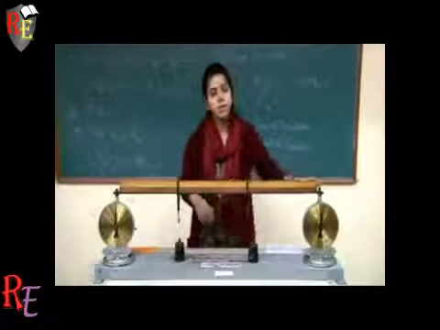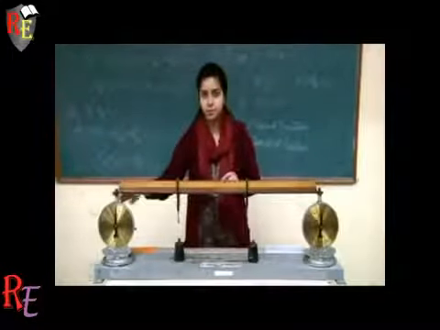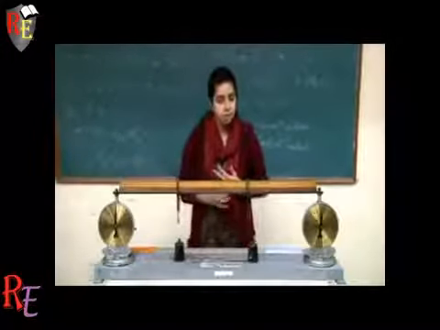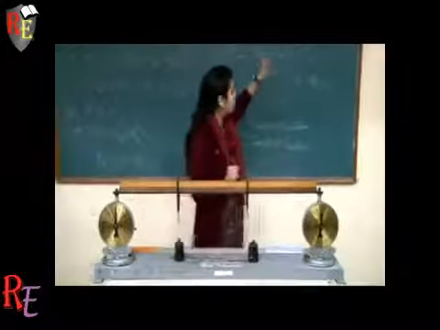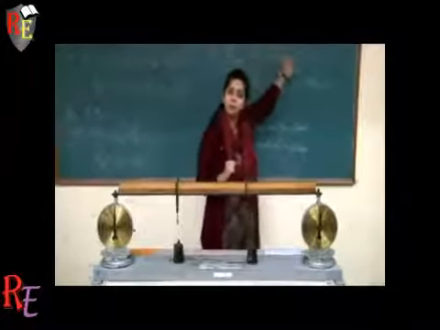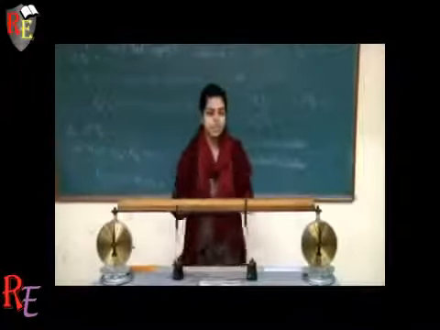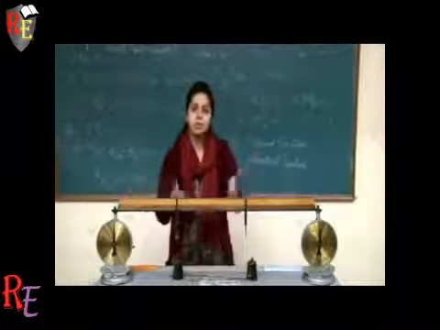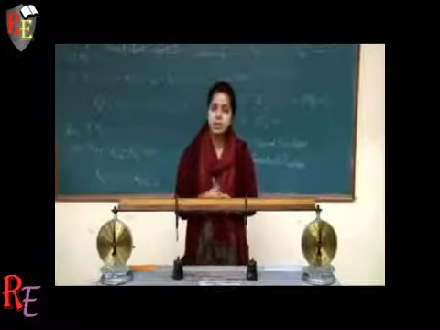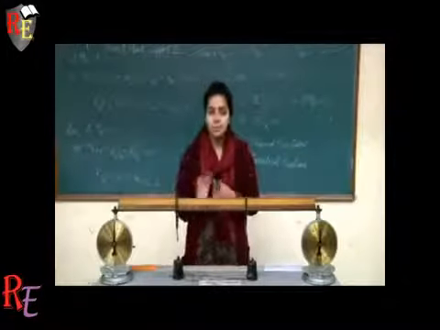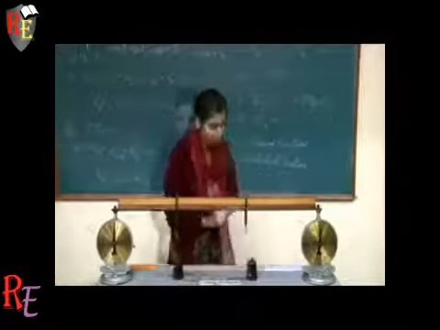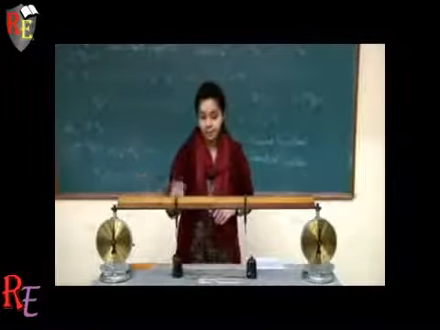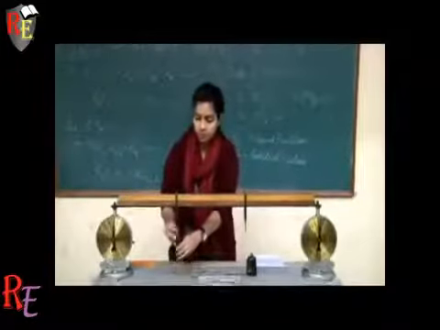Second, we have removed any zero error in these spring balances which can affect our further observations and readings. Third, we have made sure that our initial readings RAO and RBO of the spring balances are now 0. If not, then during calculations, these readings would have to be adjusted, and so we have only made one step easier for us. Now, place these sliding hooks on predetermined lengths with weights on it.